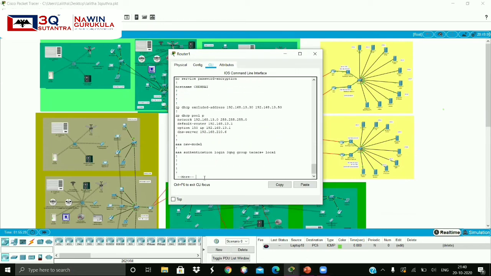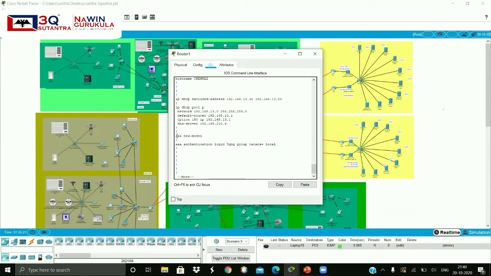And next here we did a TACACS configuration to enable AAA. So here the AAA authentication login 3QNG group tacacs local command will be used because 3QNG is a list name given to a group, and if the TACACS server is down, it will access the username and password given locally.